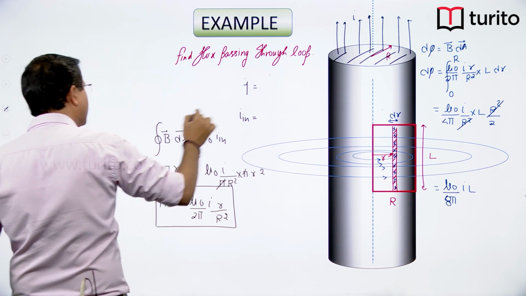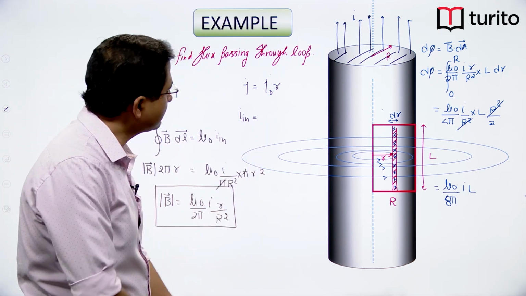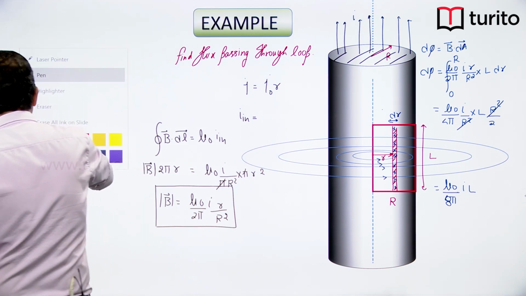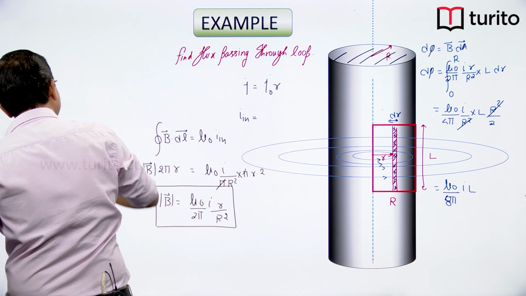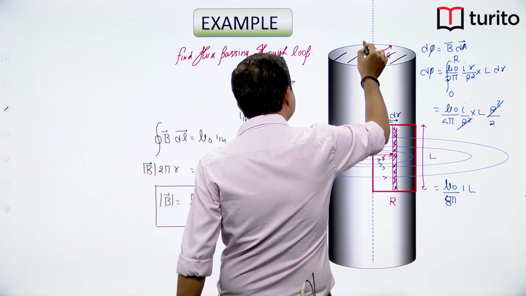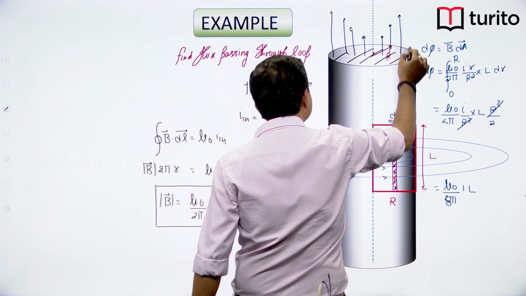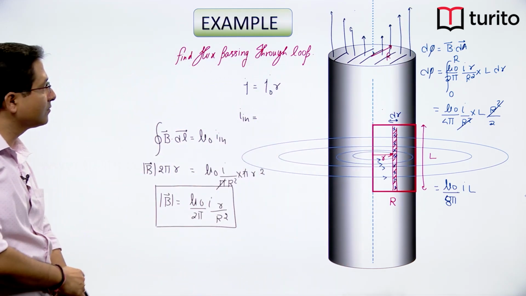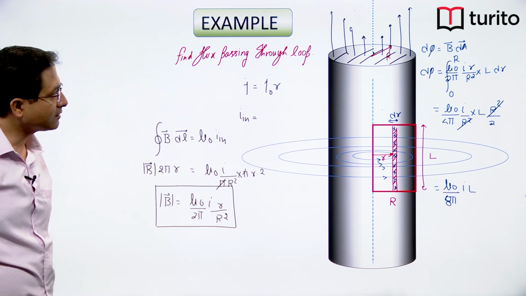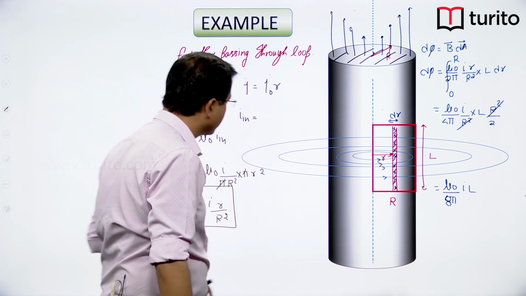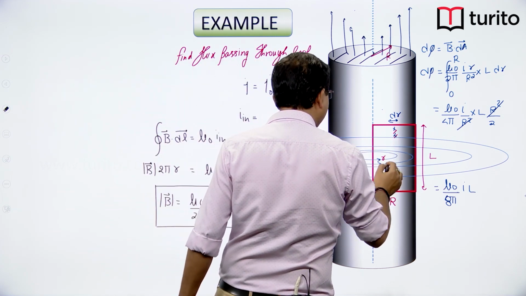Now current density is say J naught r. If current density is J naught r, that means current density is increasing with the distance. So as you go away, current density is not uniform. So r is equal to 0, current will be 0, and then as you go away from the axis, current increases. So this is the way we have current distribution. First thing I need to find out is how much is the current. So I will erase this part, and first I will try to find out the magnetic field inside, and for magnetic field inside I need to again apply Ampere's law,